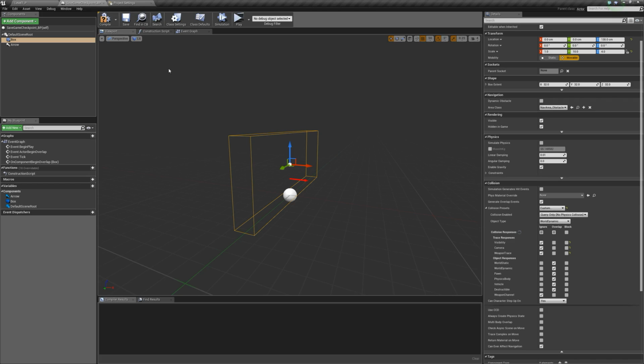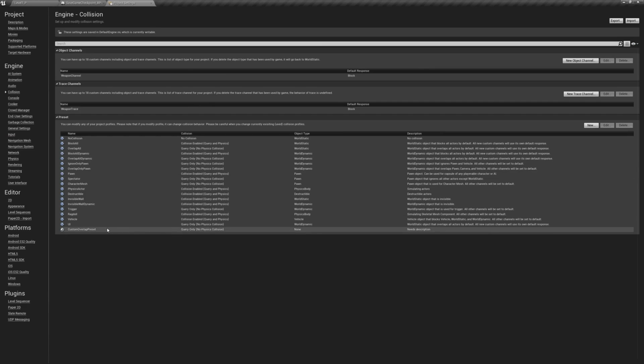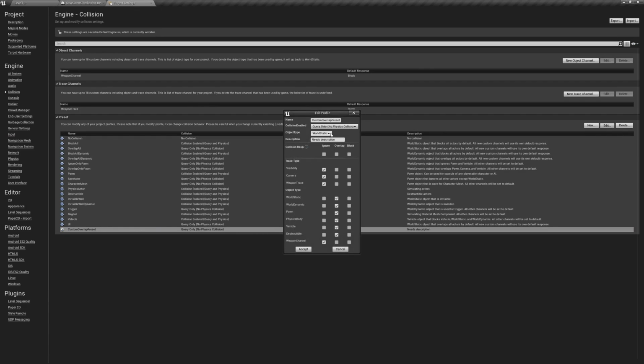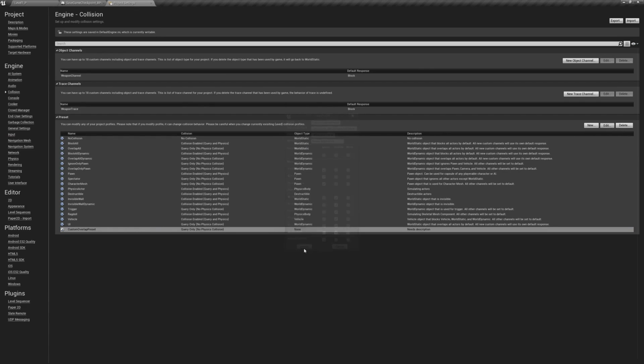We actually have it set as a world dynamic. So if you want to edit these, you can select it and hit edit. And for the object type here, I'm just going to set it over to a world dynamic and hit accept. So now we have this preset that exists that we can use on multiple objects to set them to interact